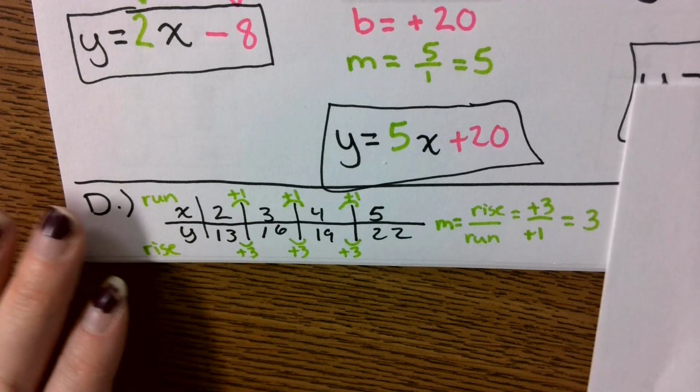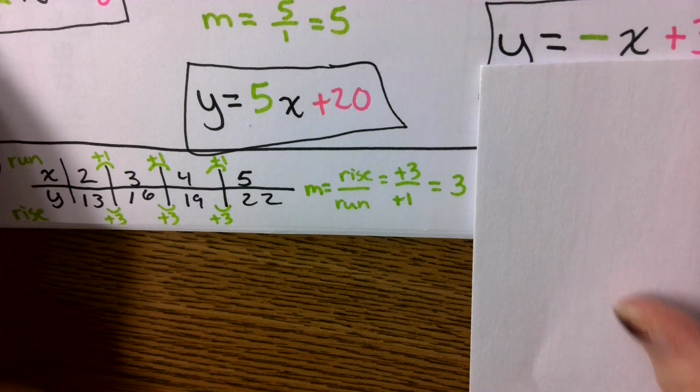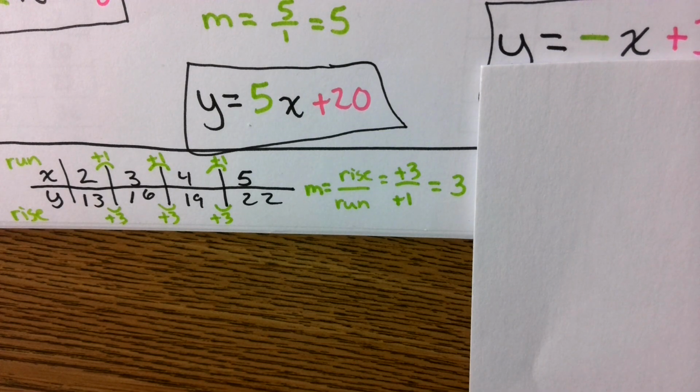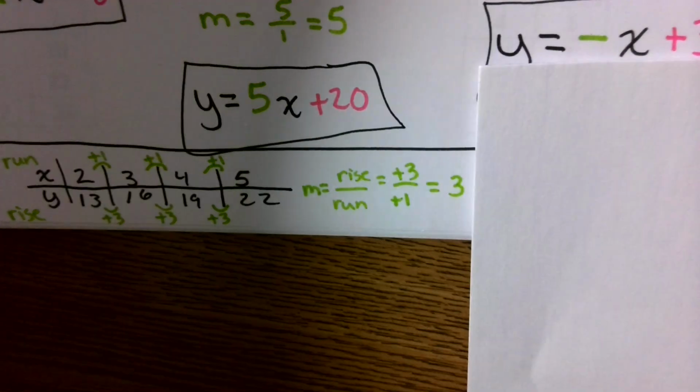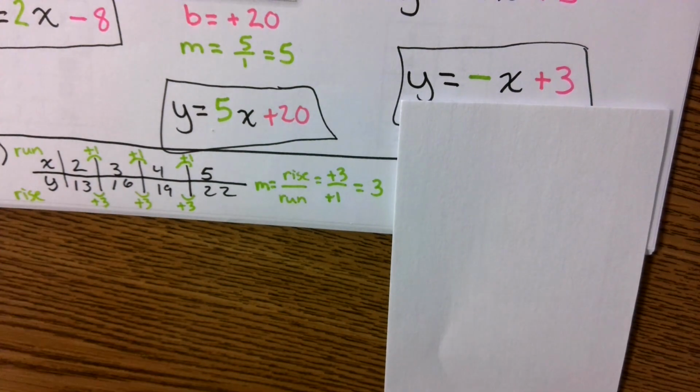If you have space somewhere on your paper, or if you don't, you can turn it over to the back, write it there and just say see back, whatever you need to do to showcase your space. But in order for us to find the y-intercept,